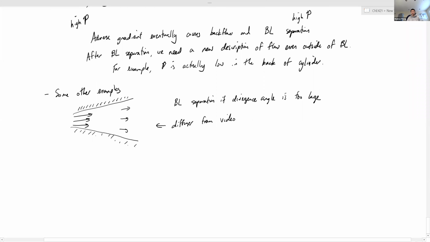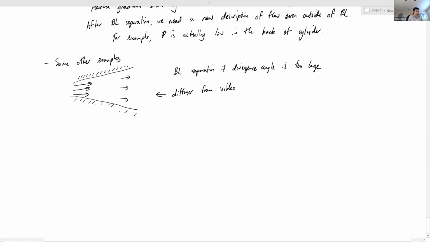And the key clue to that is that, like I said, by conservation of mass, the flow has to slow down. Therefore, we're going from an area of low pressure to high pressure. And if the pressure gradient is too adverse, then you're going to get boundary layer separation. And you saw that in the video. It visualized it very easily, basically. Like you actually saw backflow in certain regions and stuff like that. Okay. This is actually sort of a sub-example of